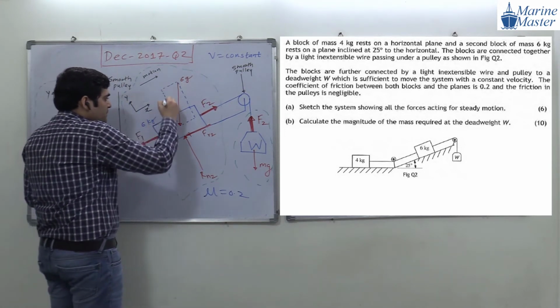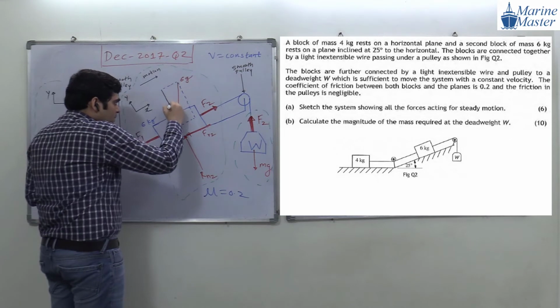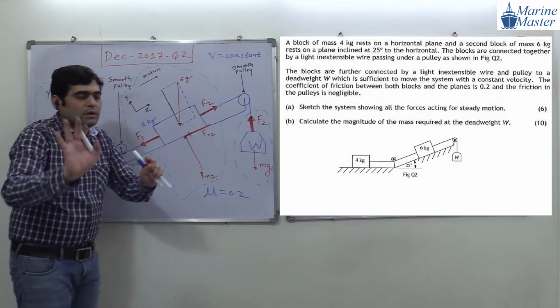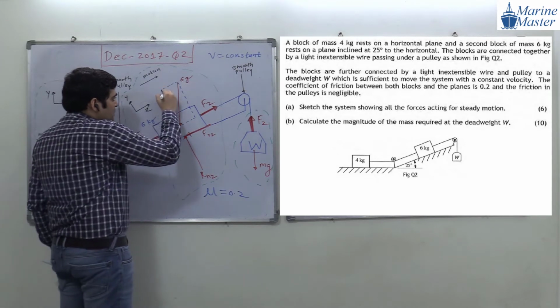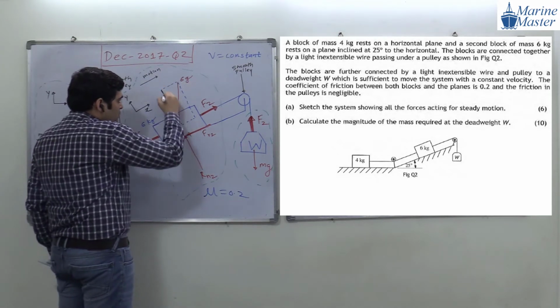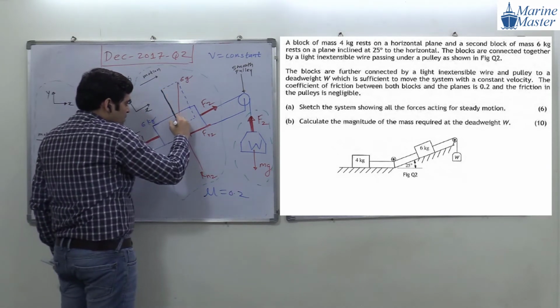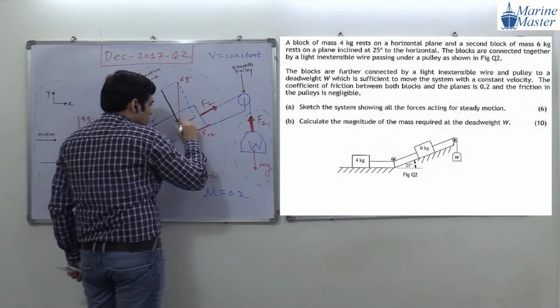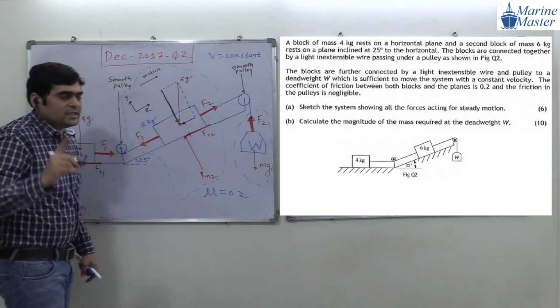So this component will be what? One component. As the force is going inward, the component will also go inward. We will always use that one. If the force goes outward, then the component will also go outward. So this is one component. And guys, this will be what? Another component. Try to see the scenario.